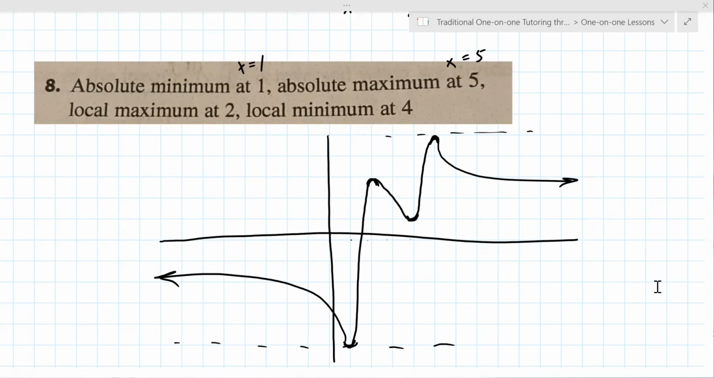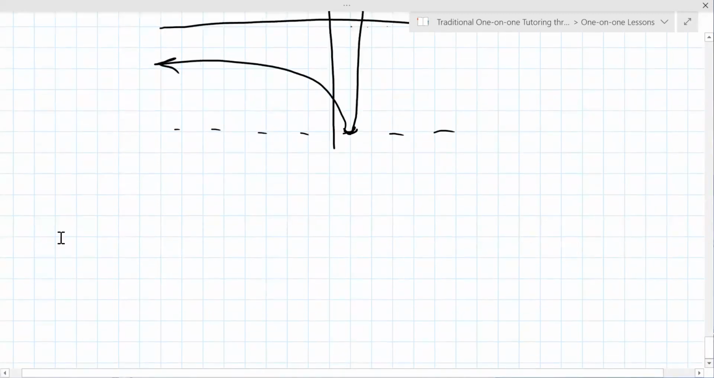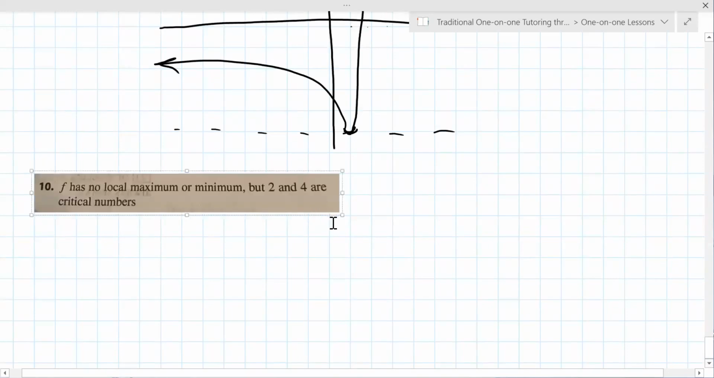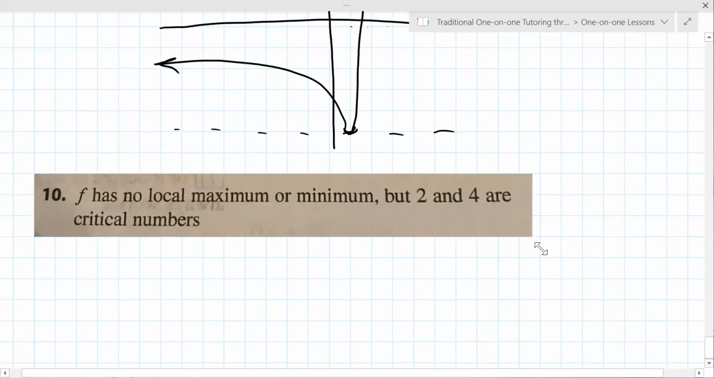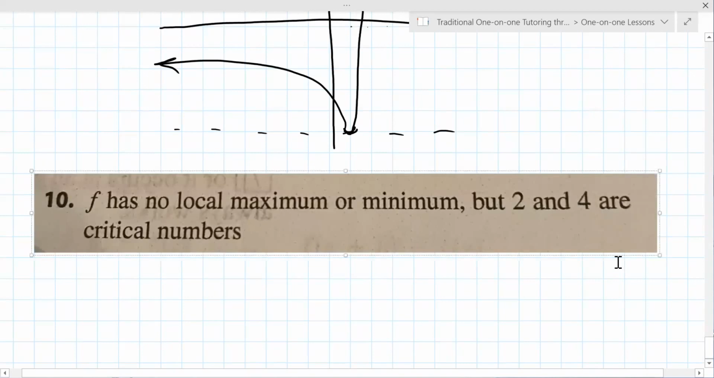All right, so there's so much going on here. It says that it has no local max or min, but 2 and 4 are critical numbers. Okay, so what